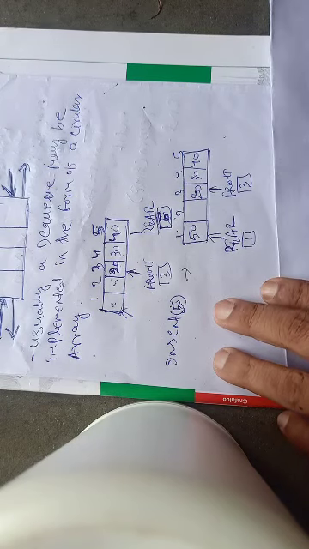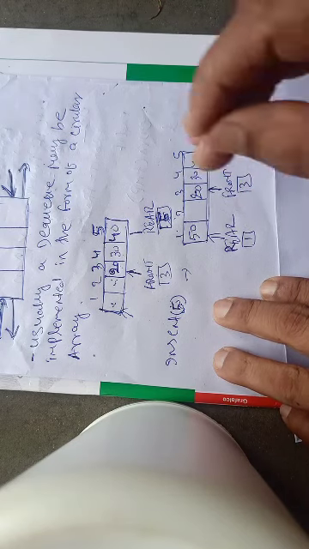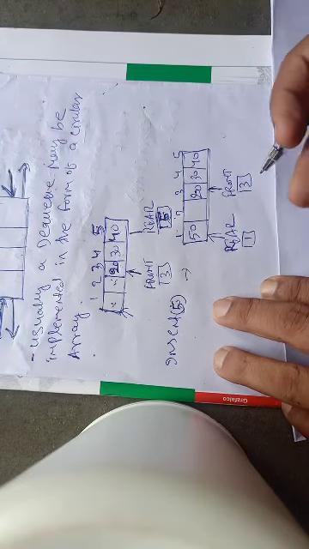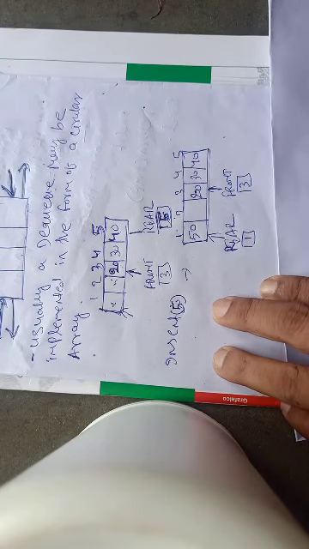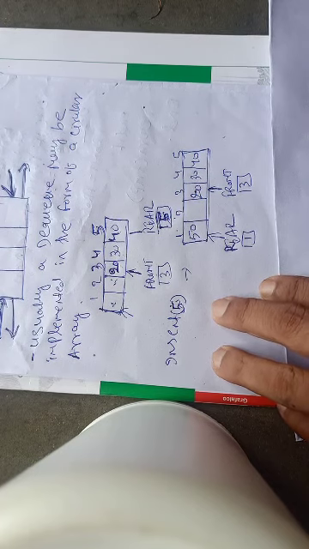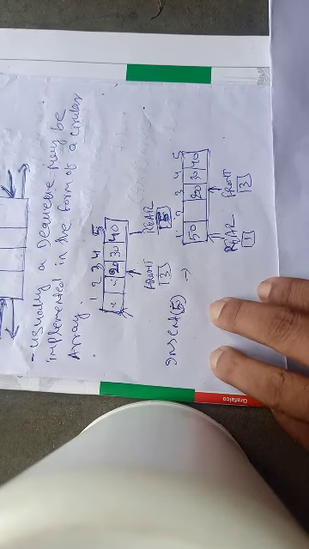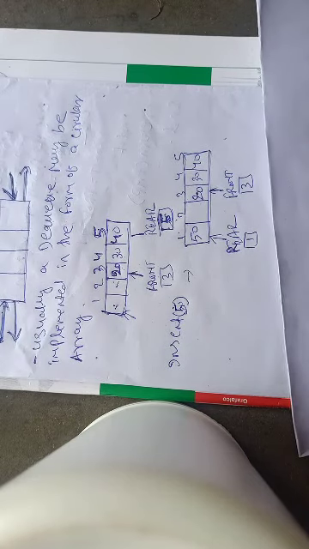Okay, now I am saying that this circular queue will now represent a double-ended queue. Means from this circular queue, I can insert an element either from the rear side or from the front side. So rear index or from the front end. Similarly, I can remove either from the front or from the rear end or back end. Okay, then that circular queue will become a double-ended queue. Okay guys,